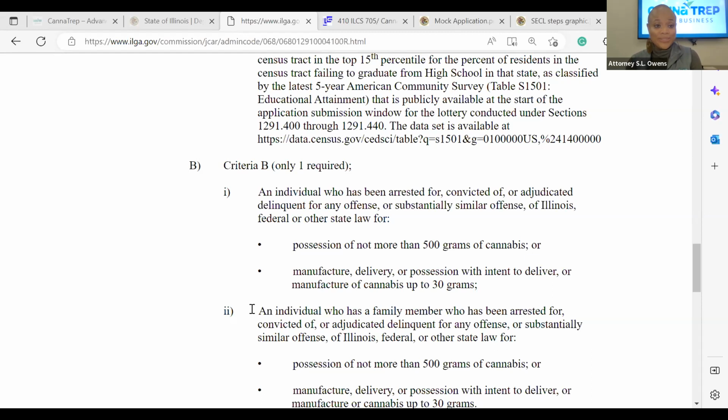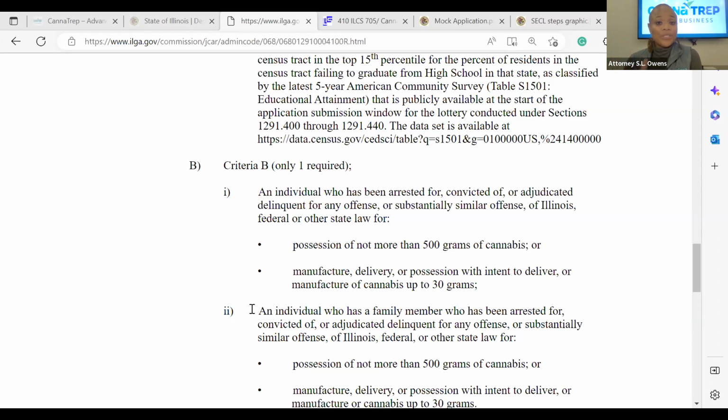So that's the first part. The second part you're asking is after the lottery, which I believe you're referring to is once you win your conditional license, can you add a principal officer? And we've covered that as well. I want you to rewatch this to go back to the law part of this, because I don't want to take the time to do that again. I want to get to as many questions as possible, and it's been addressed a few times. But the answer is no again,